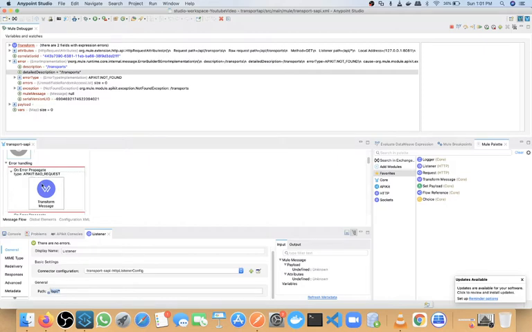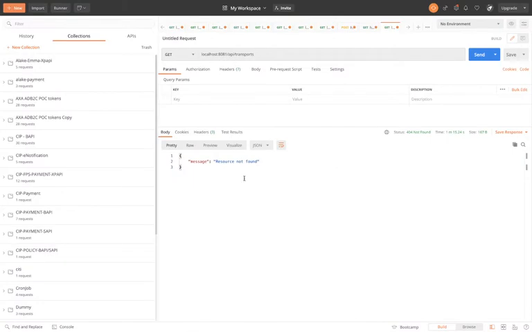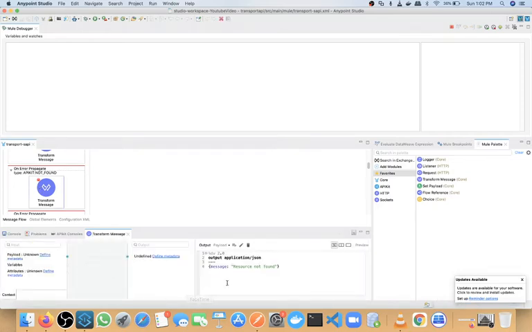So we have on error propagate, but here the type is bad request, but in our case our error is API kit not found. Okay, so it will go to this point. Once we do next, it will complete the process and we will get resource not found. Why are we getting resource not found? If I click on this, you can see we are setting the payload, and inside the payload we are setting this. So first we need to remove this error, resource not found.